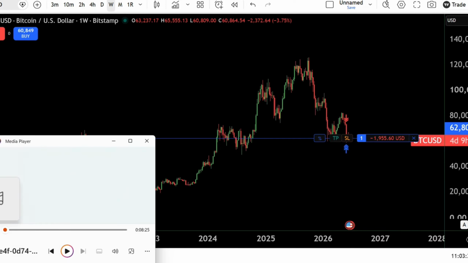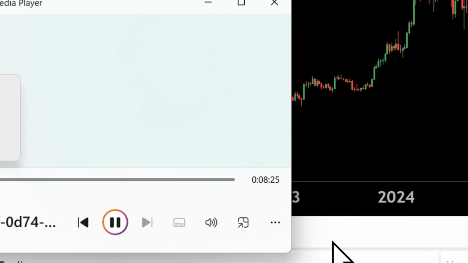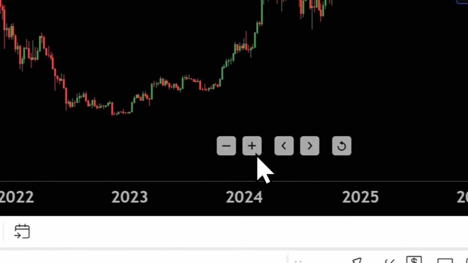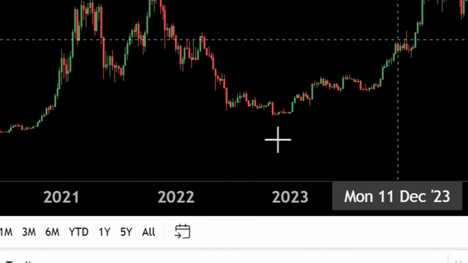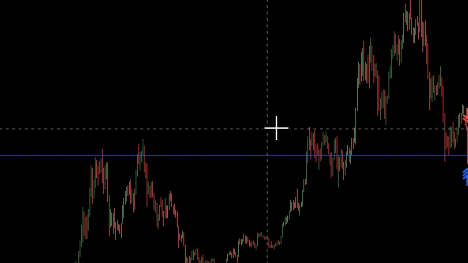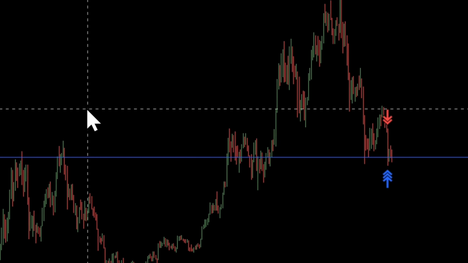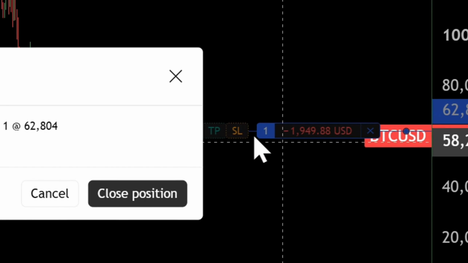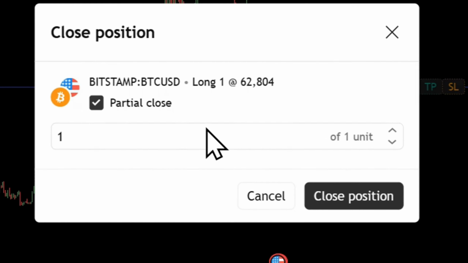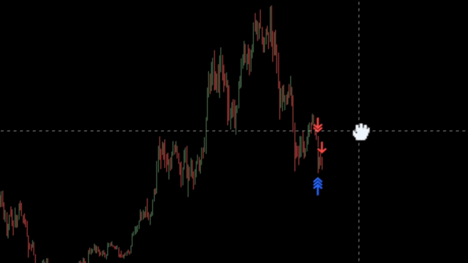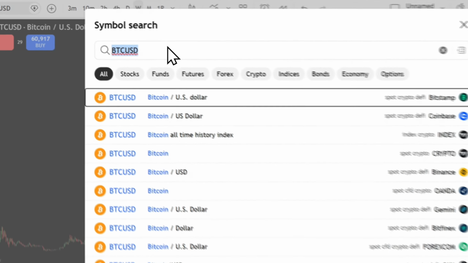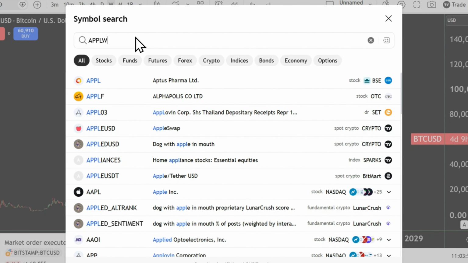Have you ever drawn a trend line on TradingView and wondered what might happen after that trend finally breaks? Most traders know how to use trend lines. Many traders know how to use Fibonacci levels. But very few people combine both tools in a way that can reveal potential support, resistance, and target zones directly from the trend itself. In this video, I'm going to show you one of the most underrated drawing tools inside